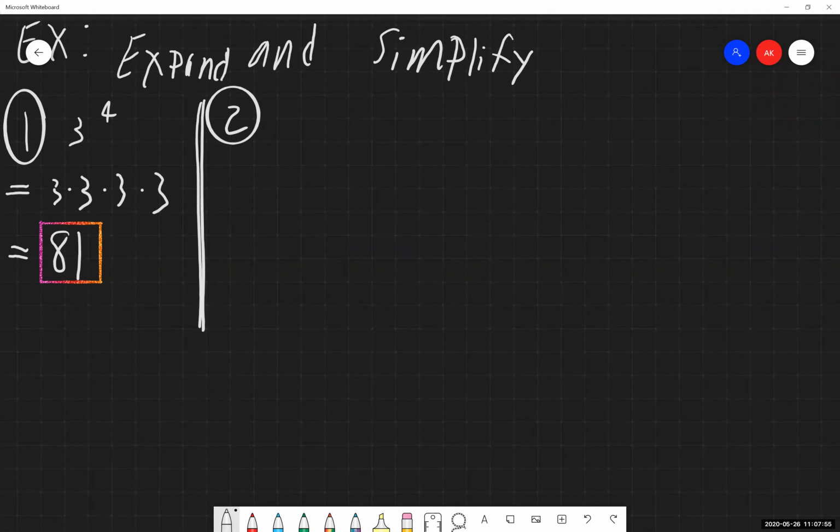Now I'm going to slightly deviate from the notes we have here in terms of our examples, because I do want to show 3 of them in a specific way here. So we're slightly different from the notes here, but let's say we have 5 squared. So again, we have something raised to a power. We need to correctly identify the base and correctly identify the exponent. Well, the base in this instance is going to be the number 5. It's the only thing that's being raised to the second power. So expanding that, I'm taking the base times itself twice. And then 5 times 5 is going to give me 25.